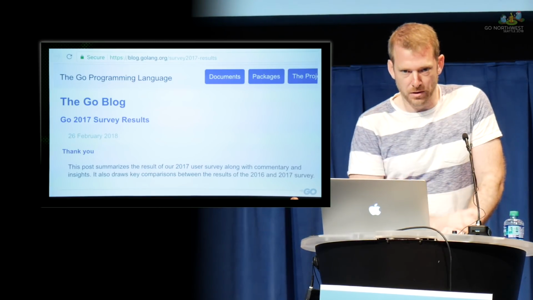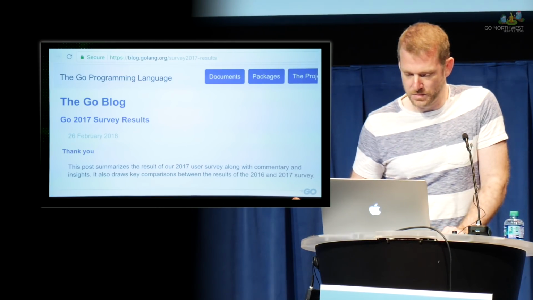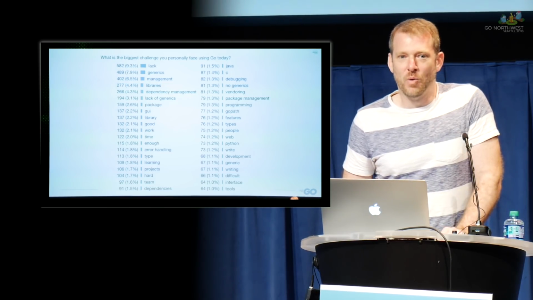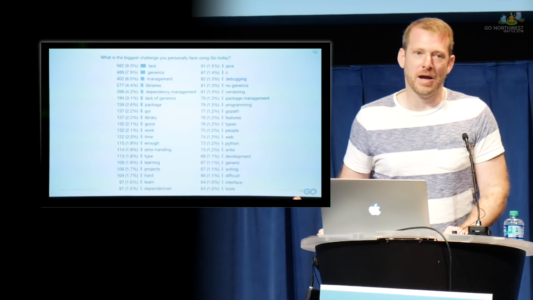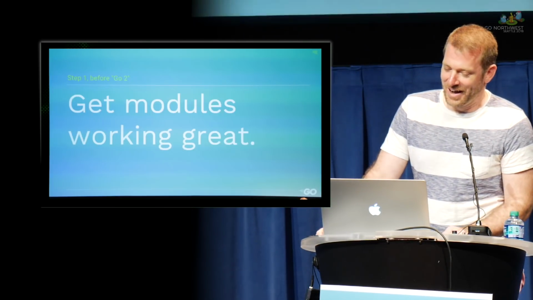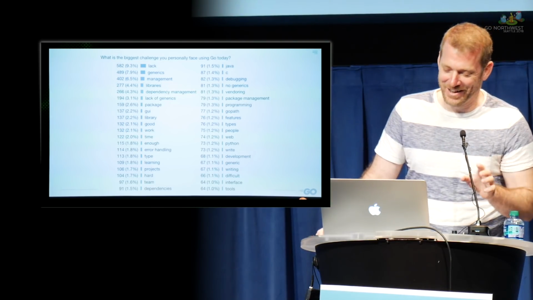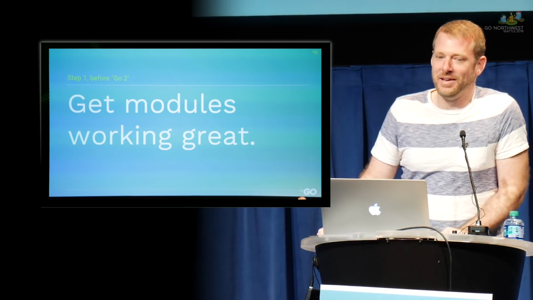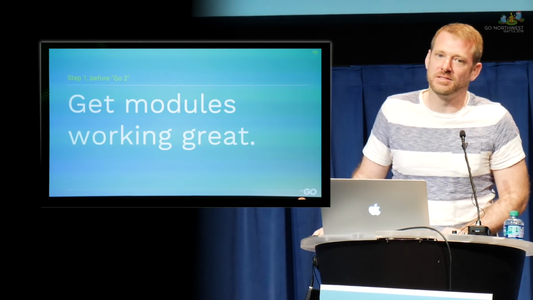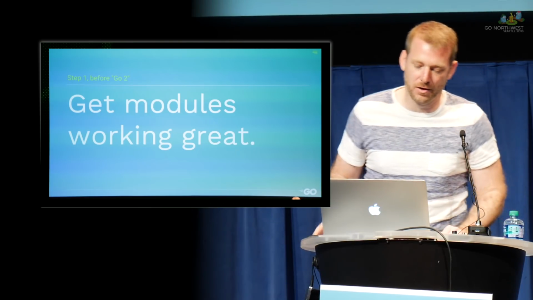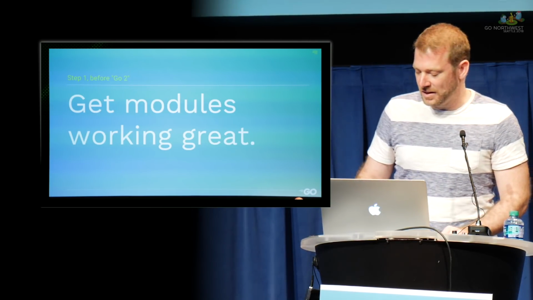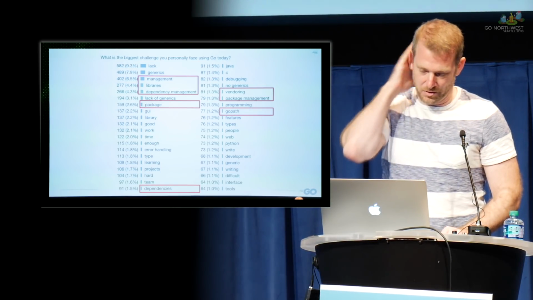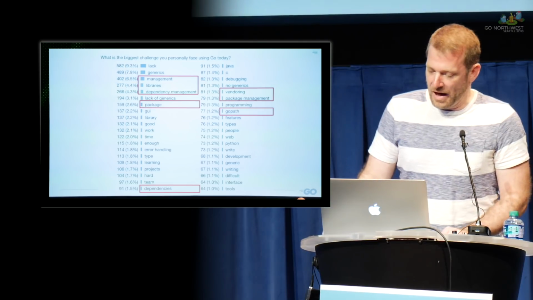So there's this yearly survey that we've started doing a couple times now. And Russ hacked up this word cloud of what people complain about, using little n-grams from the complaint text. I'll get back to that. But step 1 before we do Go 2 is really to fix dependencies and package management and GOPATH and modules and vendor. It's a mess. It was the top complaint. Basically, everyone hates the current go get -u and GOPATH situation.